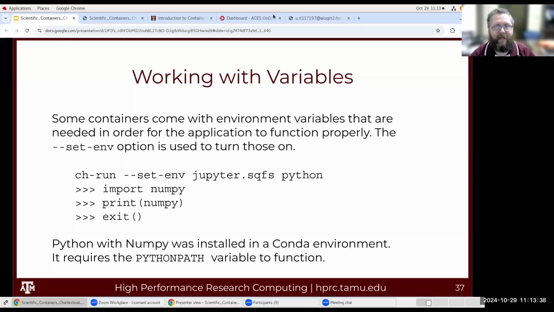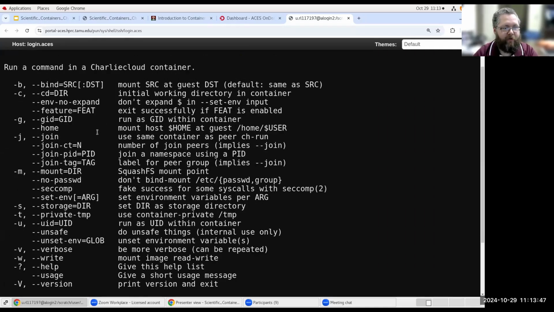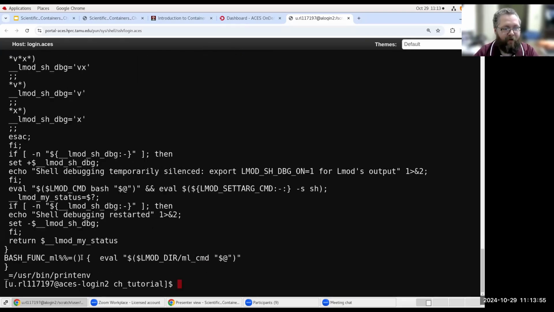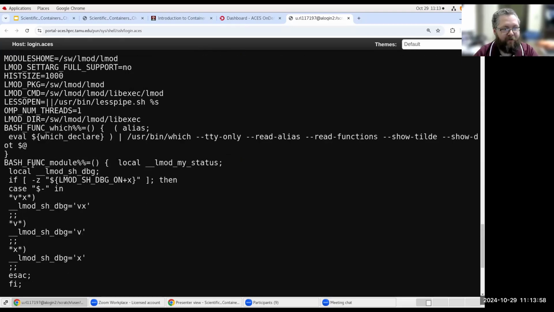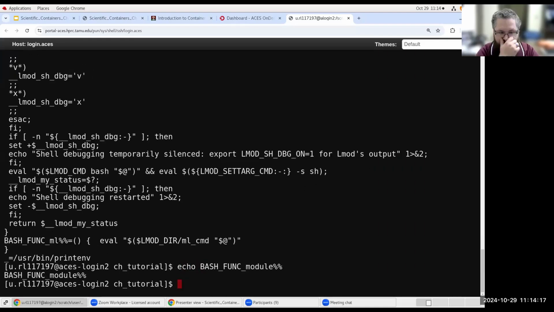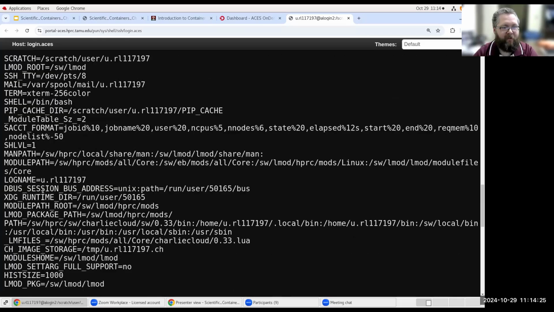Were there any questions about the setEnv? Did you want to try? I'm going to try setting an environment variable from the outside because I wanted to answer the question. If we read more about how setEnv works, it's setEnv equals arg. So let's see if we have any decent environment variables. We have a bash function module, right? I wonder how you do that. Does that count as a variable? I actually don't know. No, that doesn't seem to work. But we can pick one of these other ones like